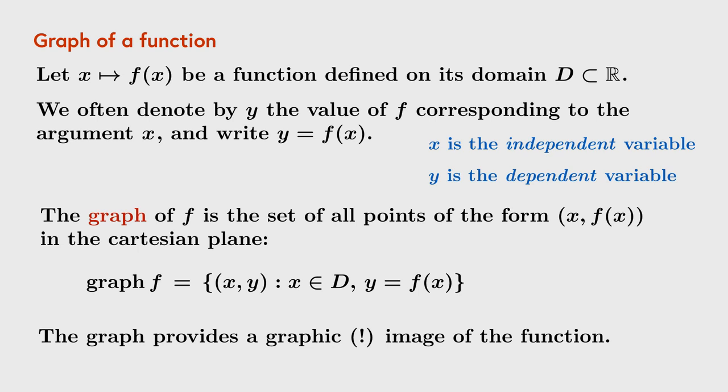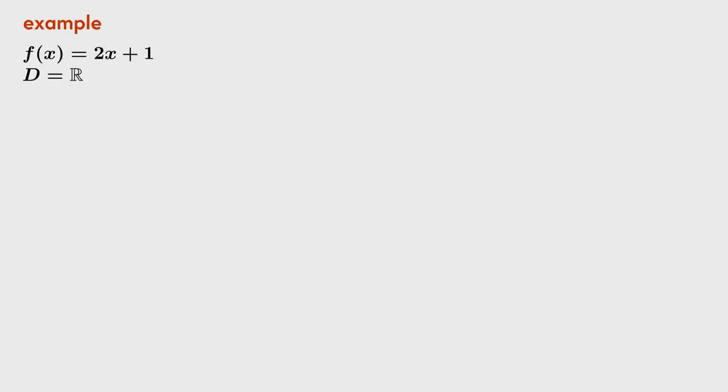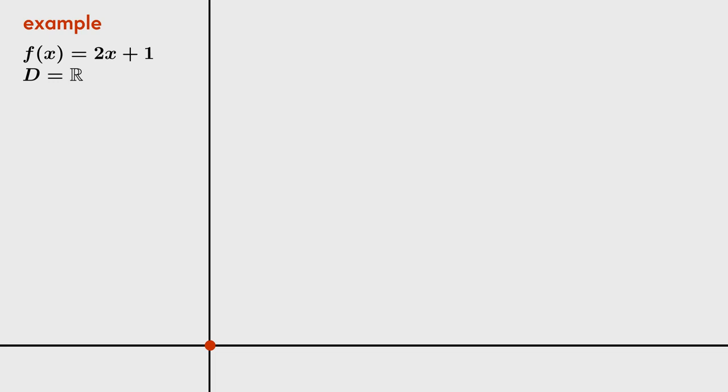Let's take an example, the function f of before. I give myself coordinate axes. I'm going to indicate what the scale is on these axes for x and for y. You notice the scale is different, but that's all right. This is very commonly the case. Let us call the graph of the function capital G.